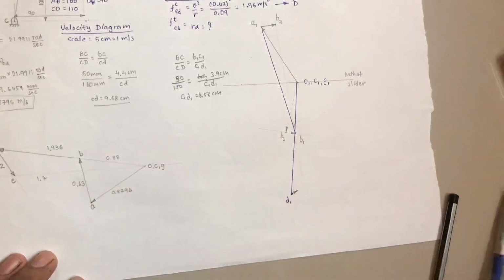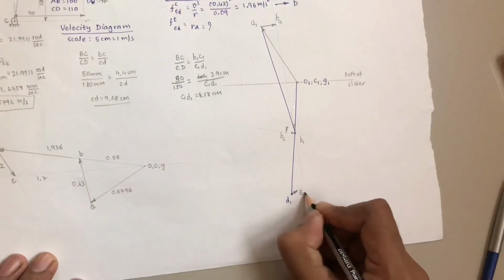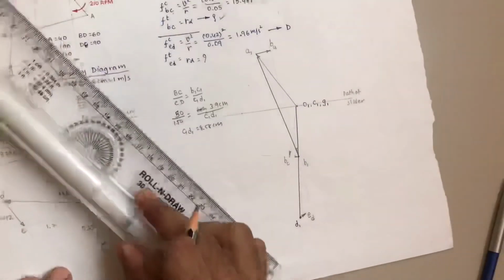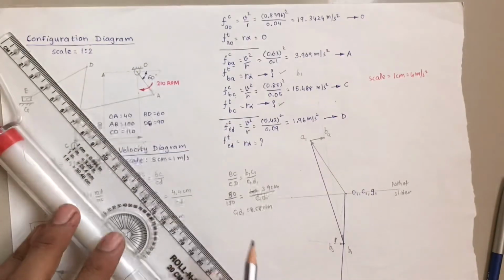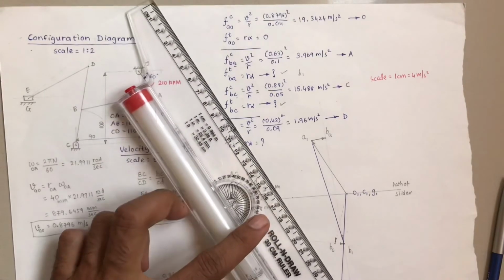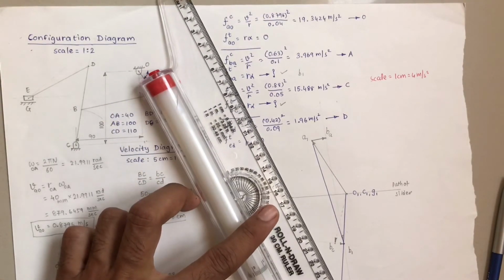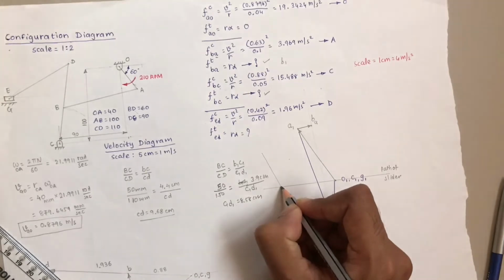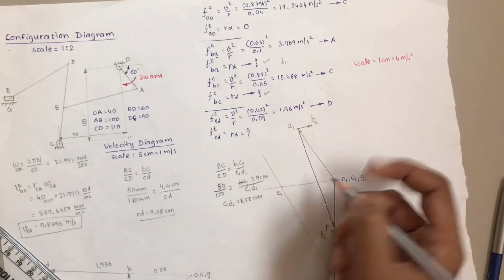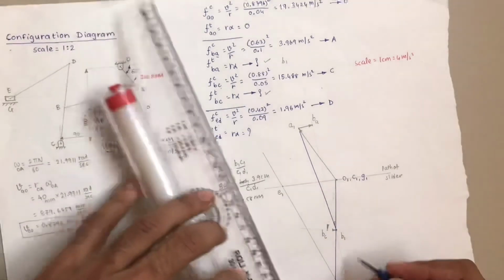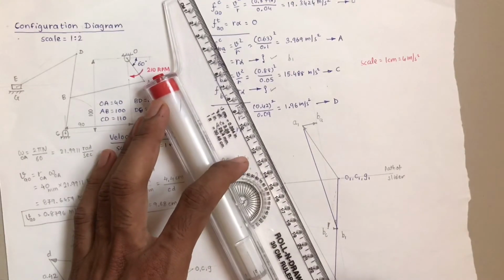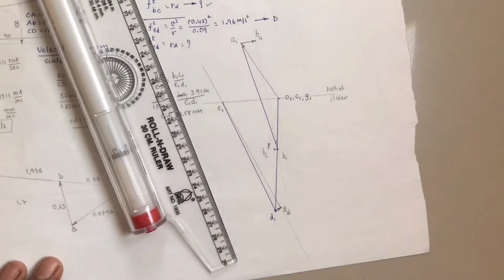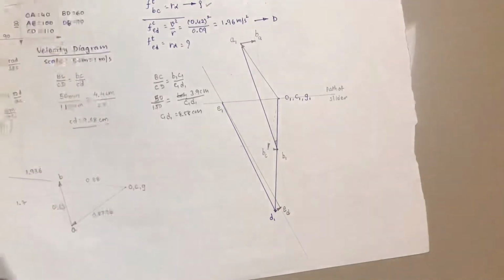The name of that point is, we want to find E, we started from D. Now the tangential component is perpendicular to this link. So the tangential component is perpendicular to the link, and that is for the slider, and again we drew the path of the slider, so the intersection point will be the E1 point, and finally D1 and E1 should be joined. So here is D1 and E1 I joined. So this one is called the acceleration diagram.